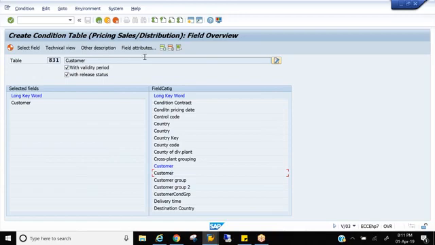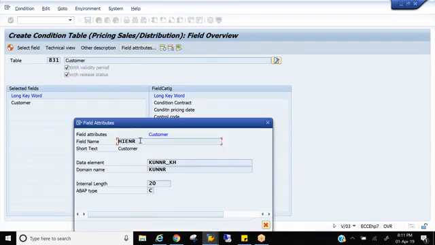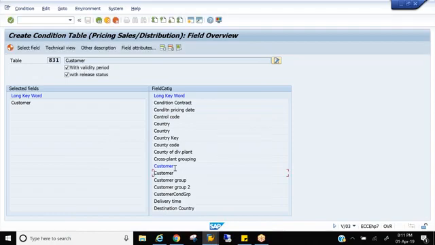The other field is HIENR, for the customer hierarchy. This is not this, right? We want KUNNR. So just double click on the first one. You see the field name has been added onto the left, and you can see here what fields are added onto the left as selected fields. Those fields will be seen here.